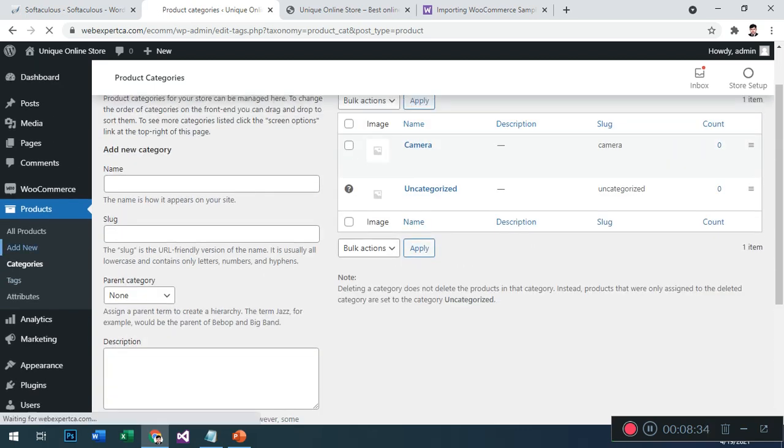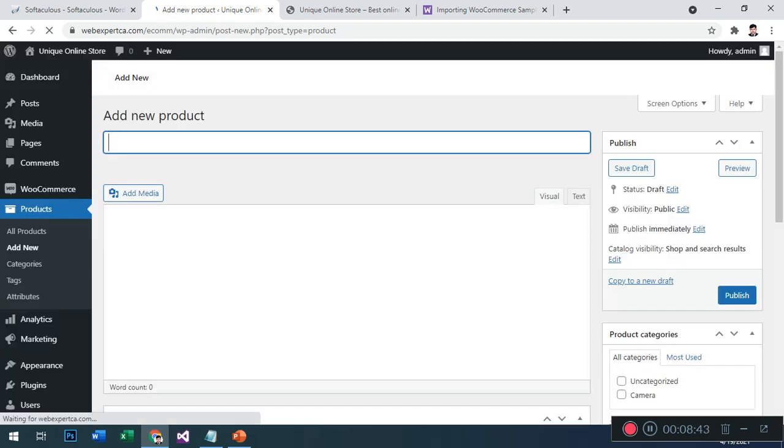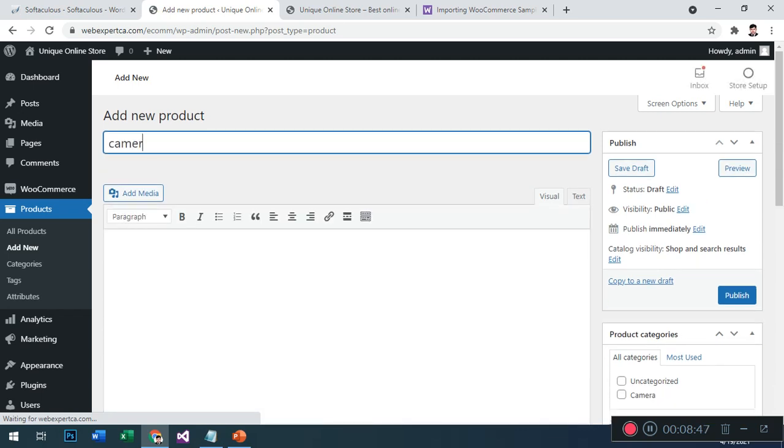After creating the category, we add new products here. First of all we add a sample data. For example, camera Canon 1.